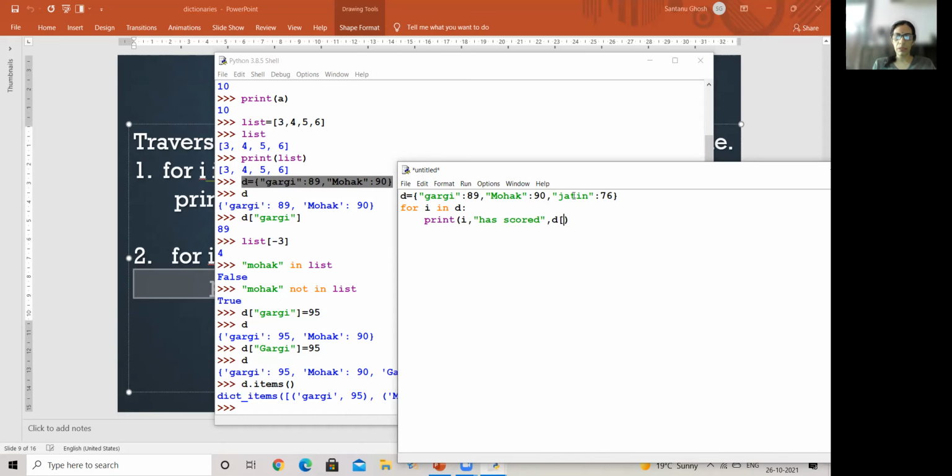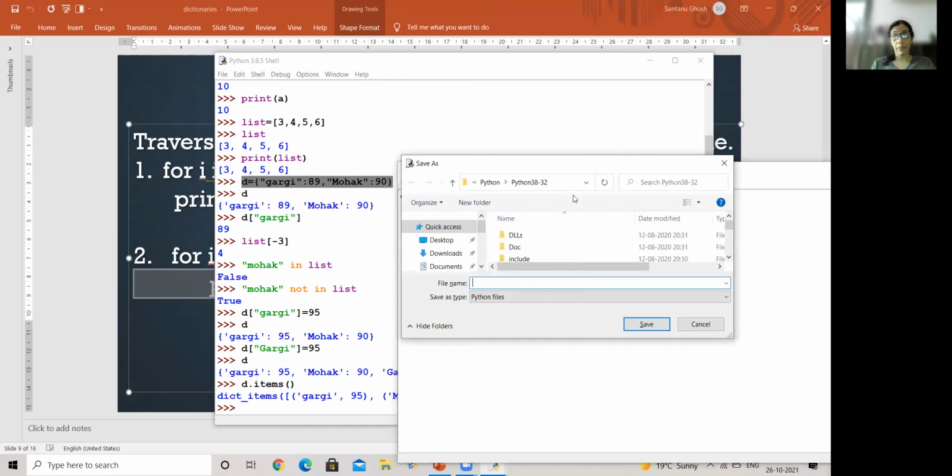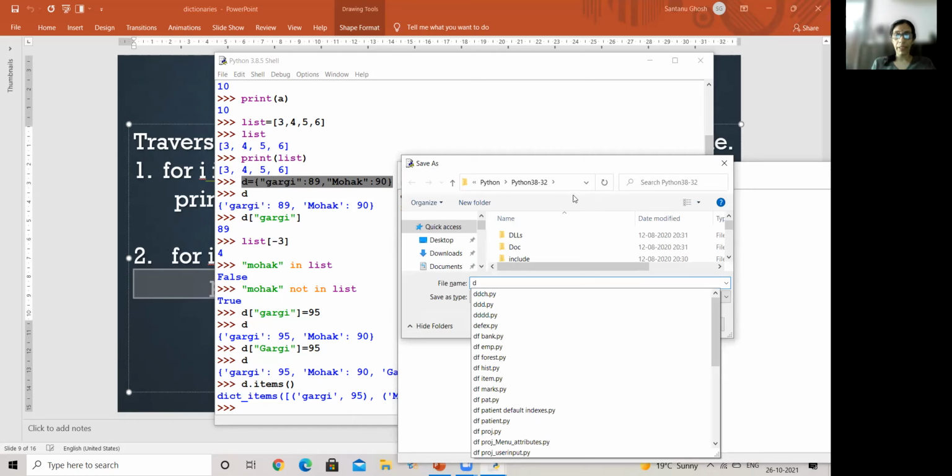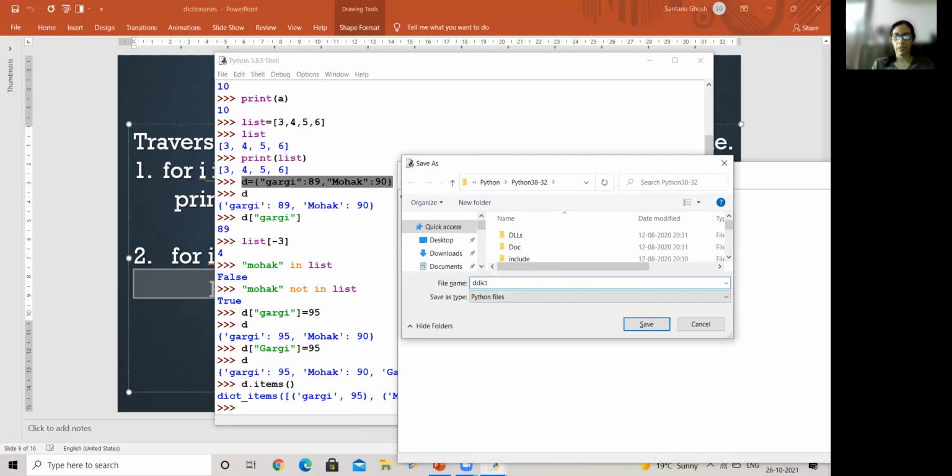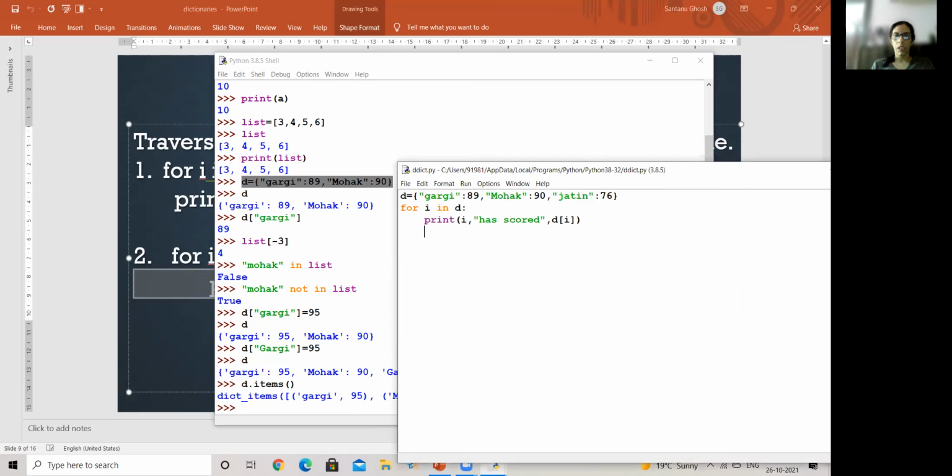So that will be D of I. So I was able to format it, which I cannot do when I'm generally printing the whole dictionary in one go. Okay, line by line, because every print will be executed on a separate line. So I get that value. Let's check whether I'm getting it the way I'm saying or not. Okay, so let me just take it as ddict and execute.